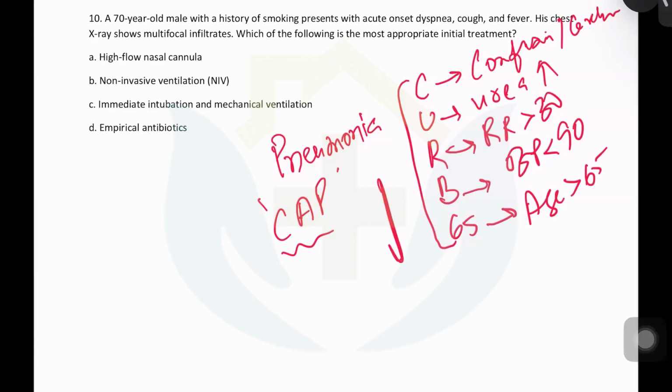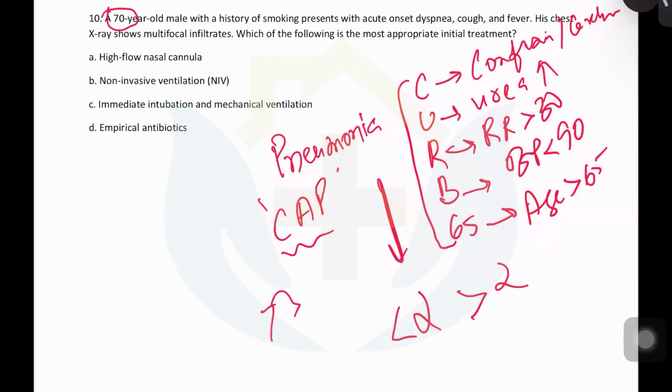So this tells us how you will manage a patient of community acquired pneumonia. If the score is less than 2, you will manage this patient in OPD. If it is anything more than 2, you will manage it in the hospital. If it is more than 3, you will manage the patient in an ICU. So at least 70 years gives you a fair amount of idea that 1 out of 5 is there.